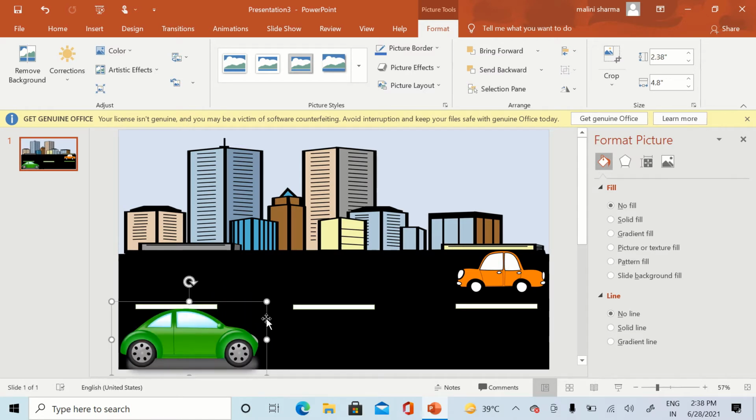One picture will move from left to right and this will move from right to left.